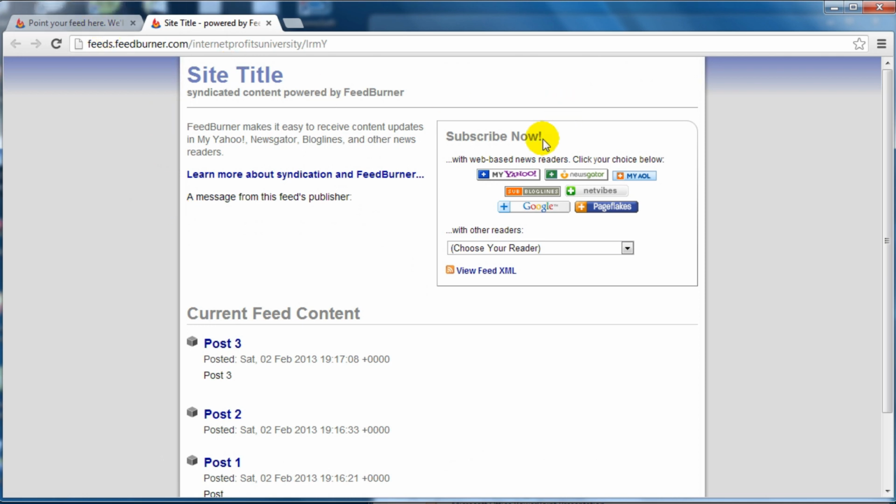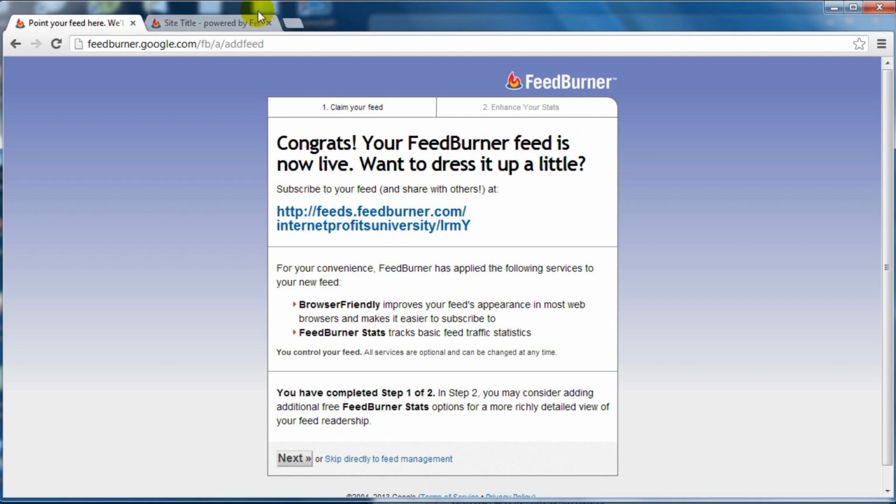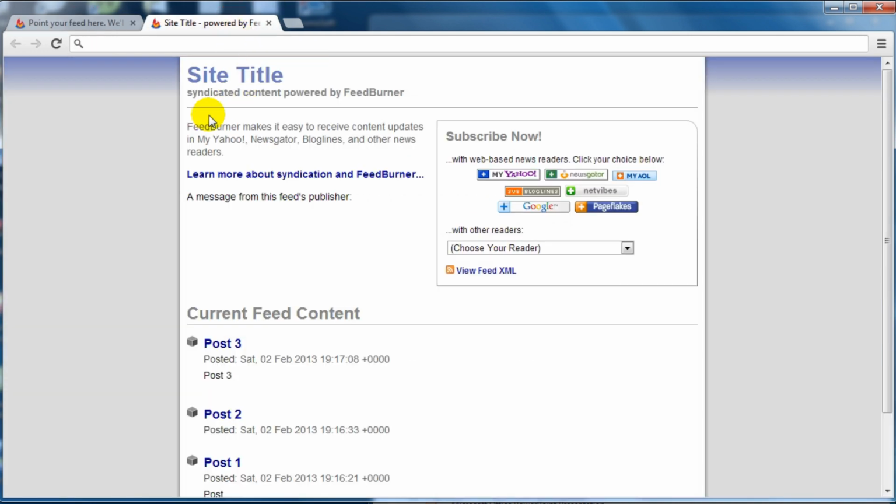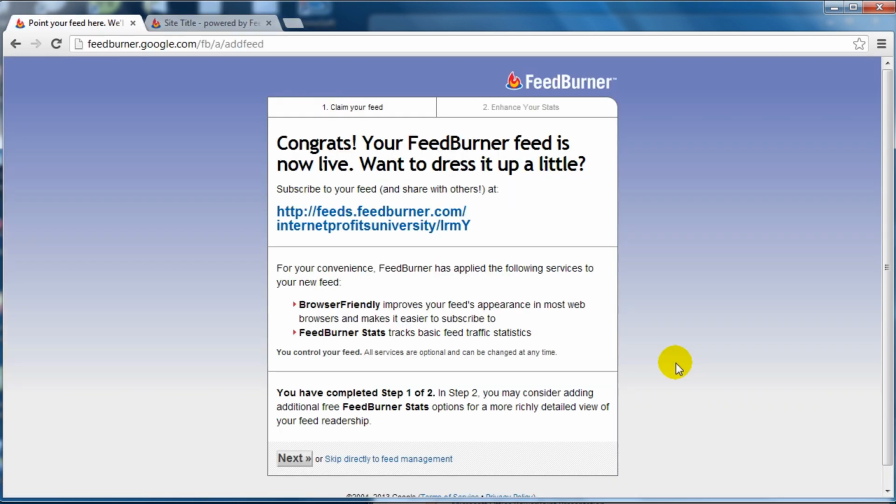And if you basically take this feed here, you can submit it to RSS syndicating websites that will syndicate your RSS feed, and also can help because it can give you more backlinks to your site with RSS feeds. Now, before I show you how to submit your RSS feed to RSS submission sites, let's go through this process. If we click on next here,